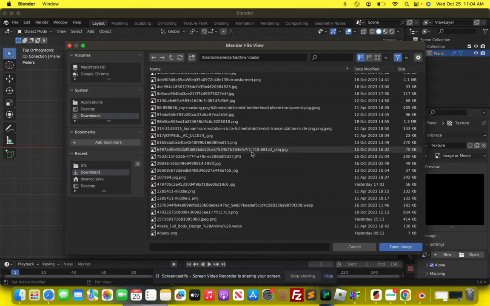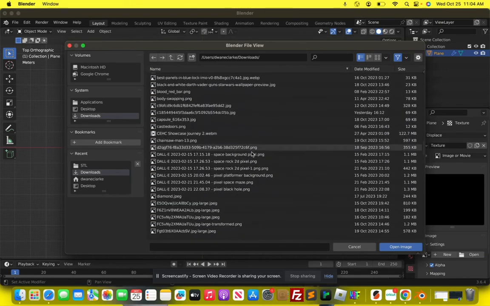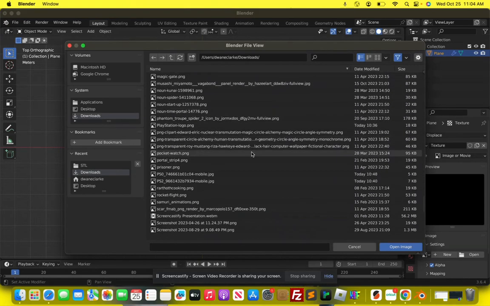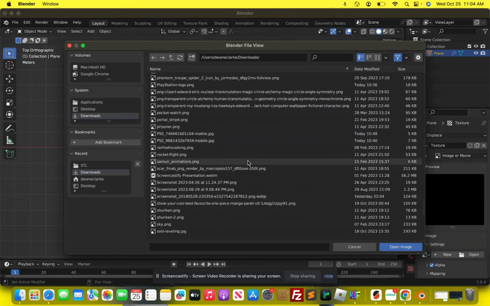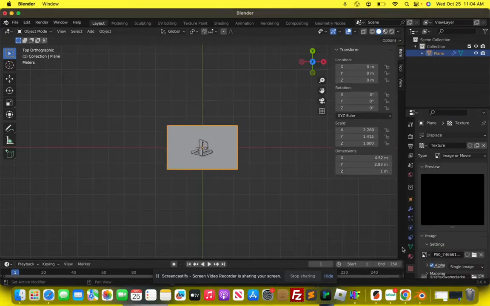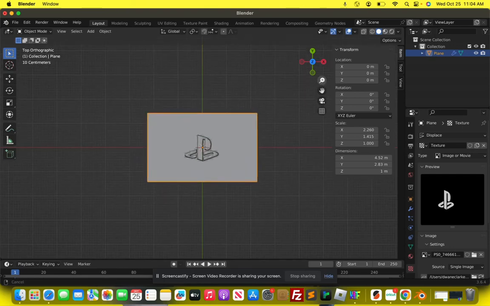And like I said, I'll be using the PlayStation logo that I showed before. And let's find it. Would be this one right here. So if you look at it, the image is kind of extruded